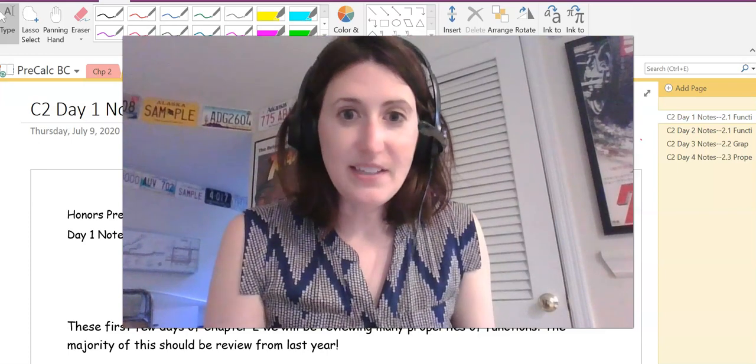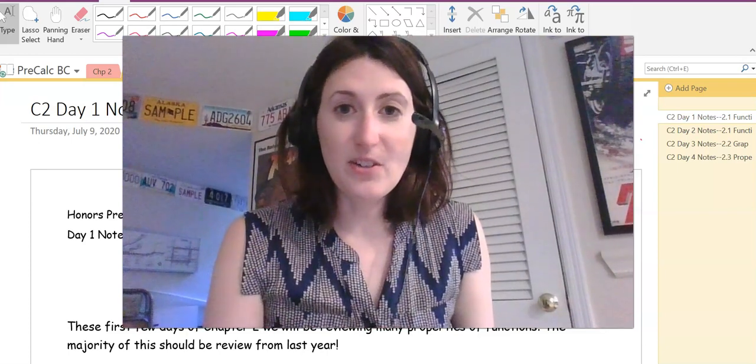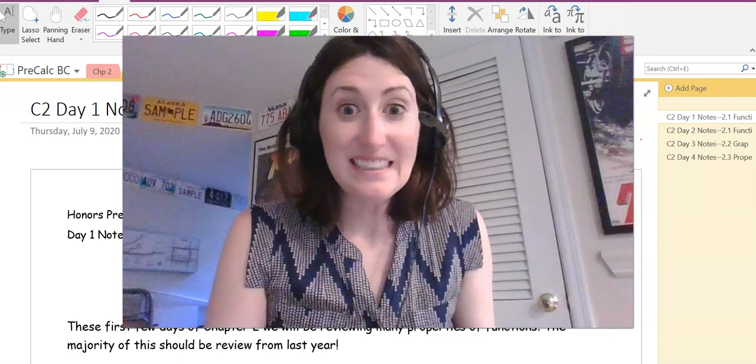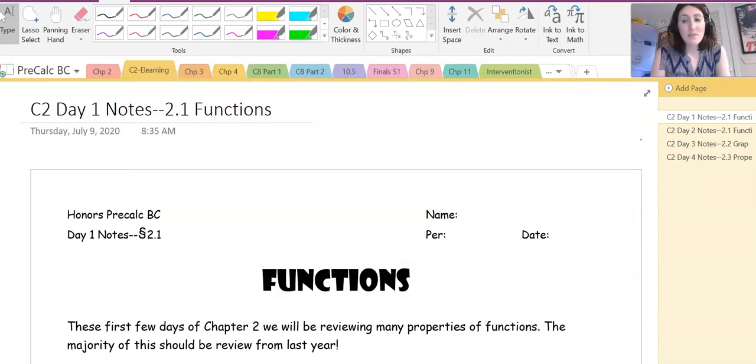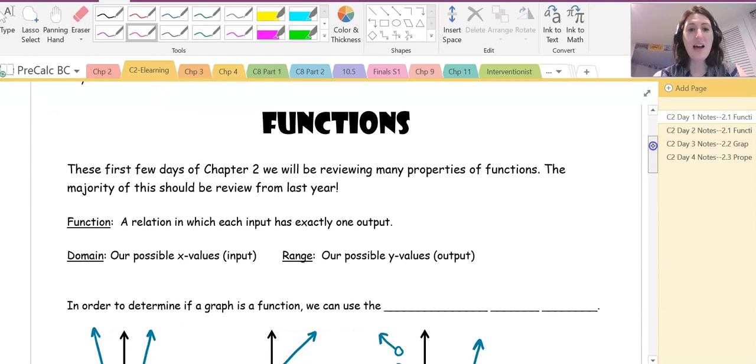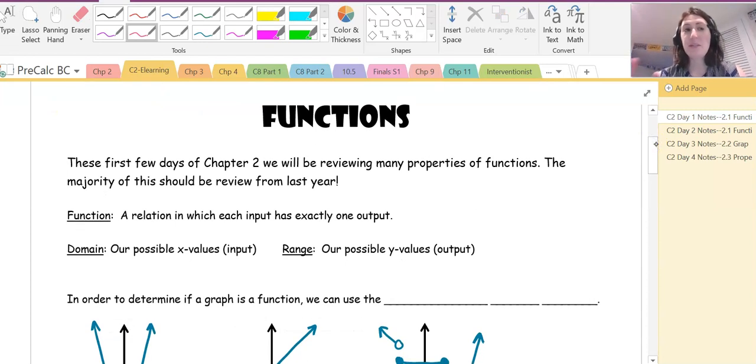All right, so let's go ahead, open up your packet to the first lesson, 2.1 functions. So here's our first new lesson, functions section 2.1, and we will be spending 2 separate lessons on 2.1. And today we're mostly going to be reviewing domain and range. You learned how to do set notation last year, but I'm going to introduce you to something called interval notation, which is used a ton in pre-calc and a lot in calculus. So while set notation is still fine, I want you to start getting used to this new way of writing